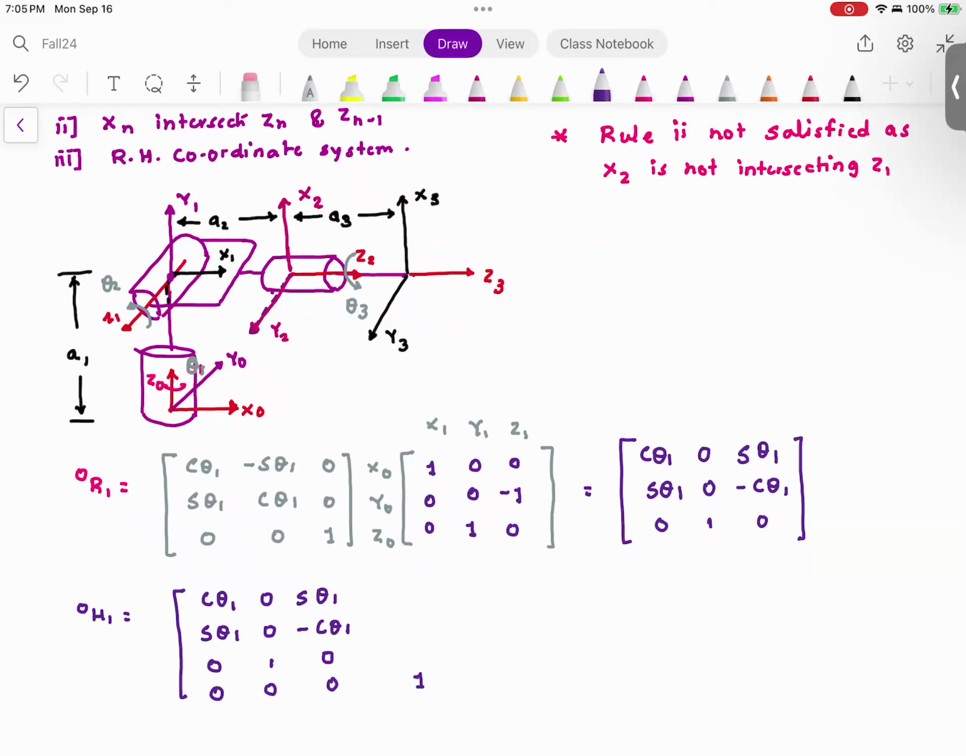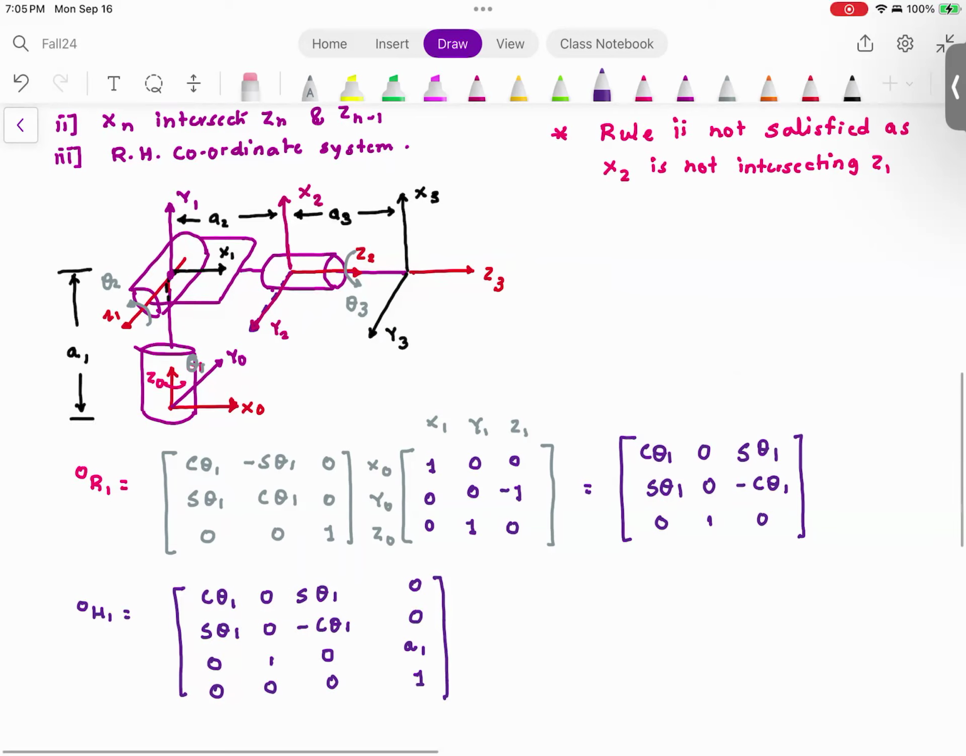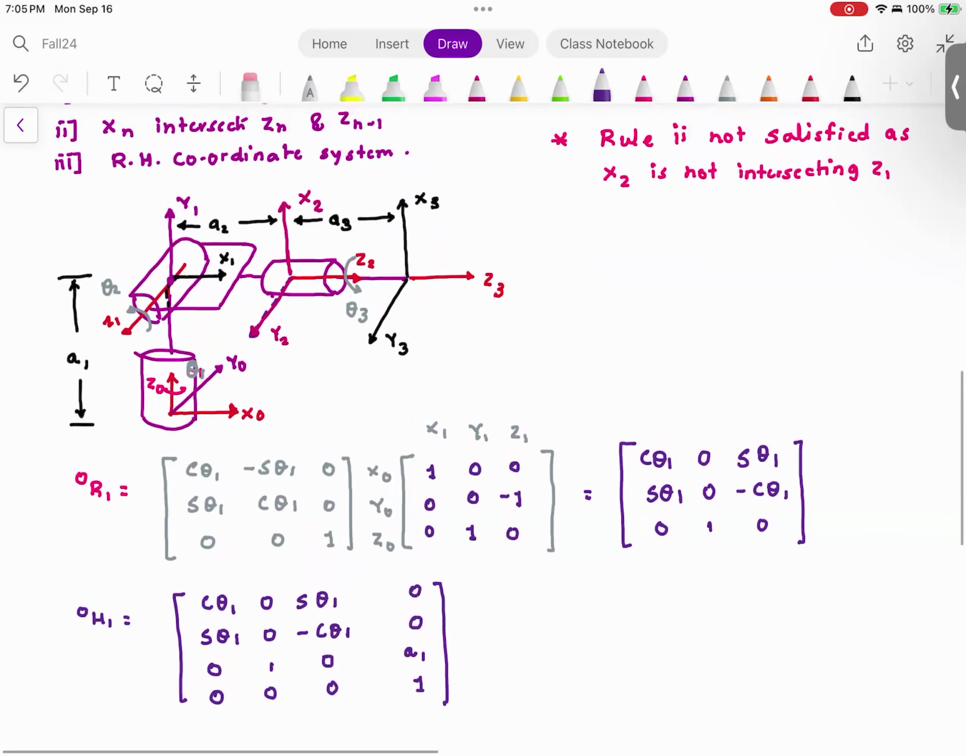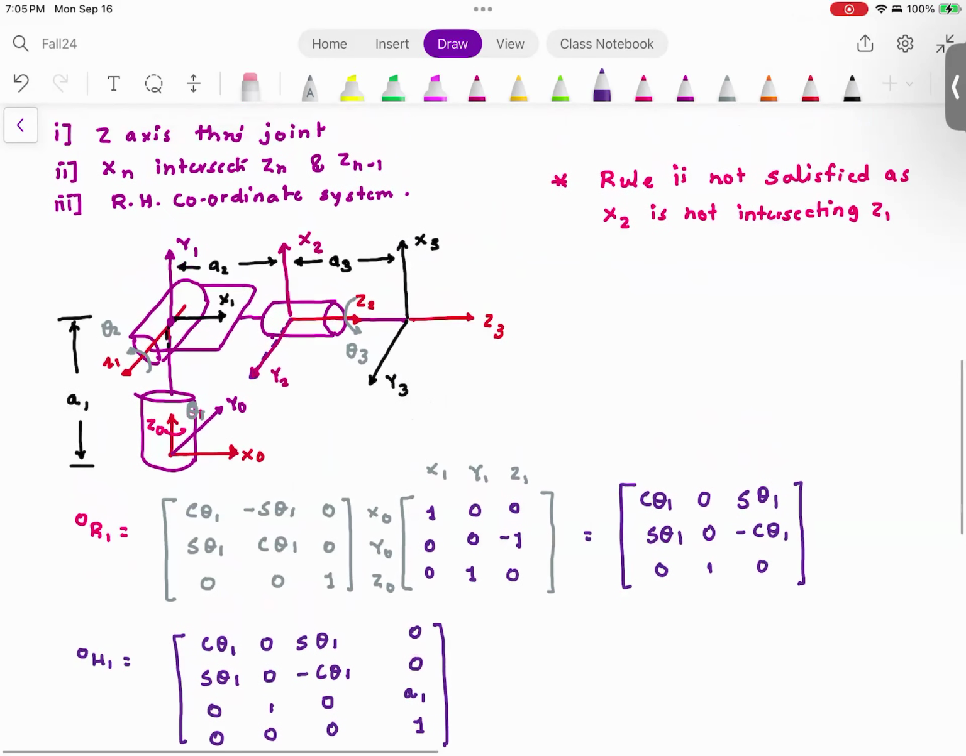The key observation here is this setup is exactly the same as the previous setup. So my x is going to be 0, my y is going to be 0, my z is going to be a1. Are you with me? This is my first homogeneous transformation. Now I want to do the second homogeneous transformation. For the second homogeneous transformation, understand